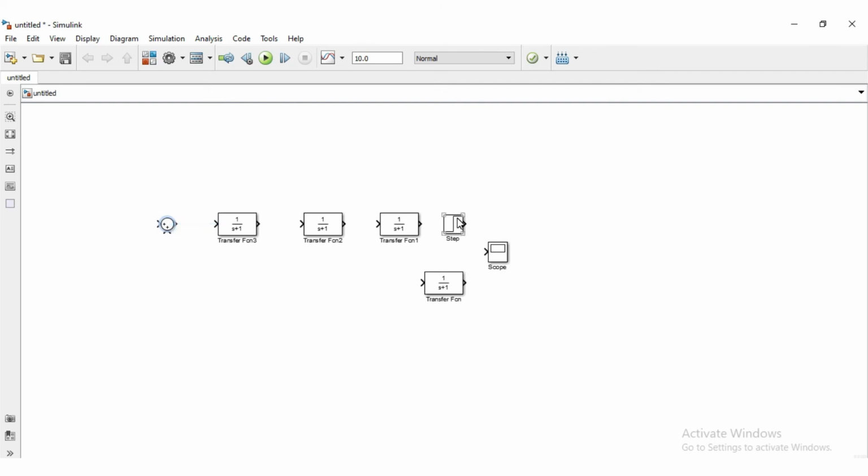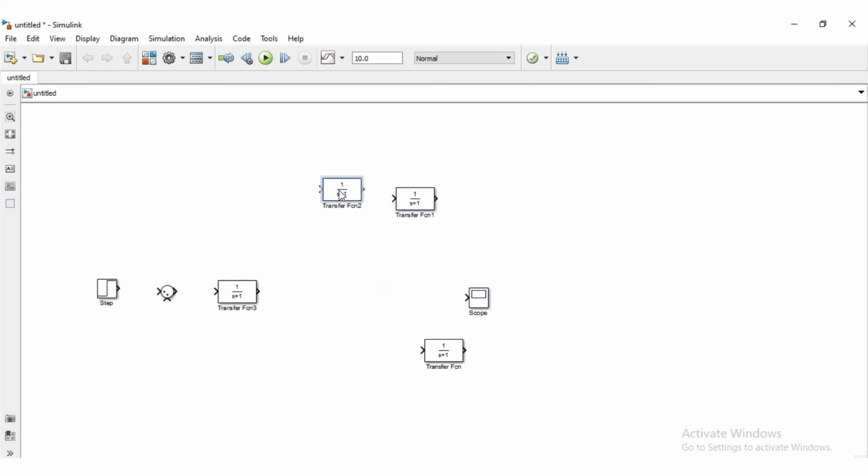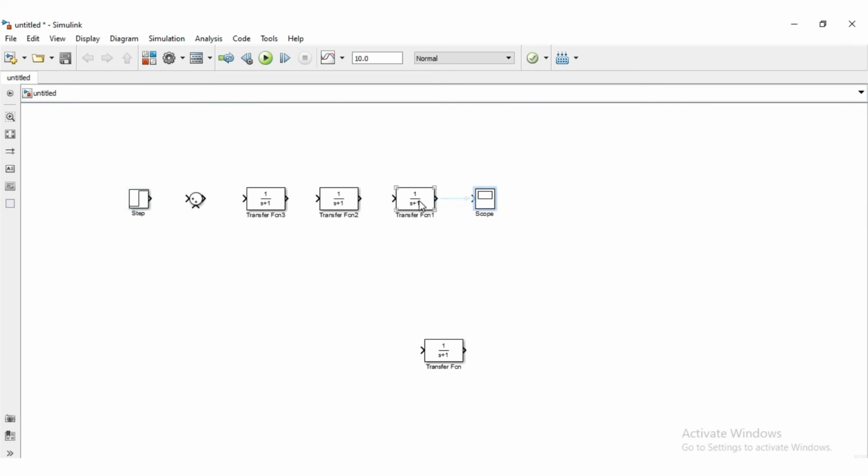To the add block we have to add the step input here, and next we have a scope here, and these functions will be arranged like this. Okay, this sum will be here, there will be the step function. After that here we have a scope, and this is a transfer function.